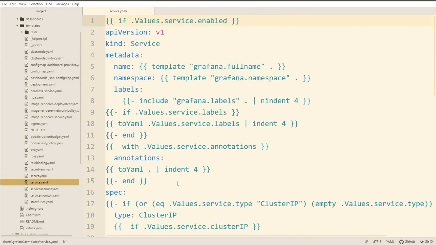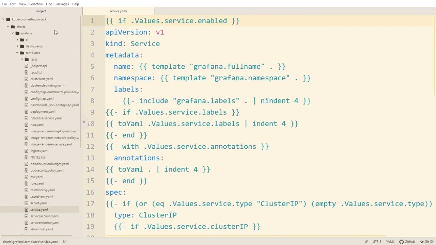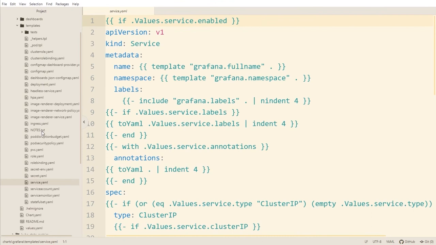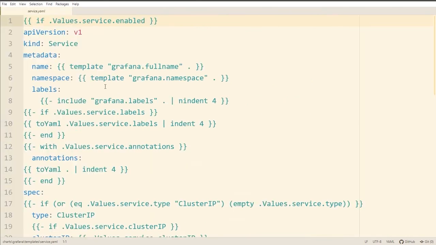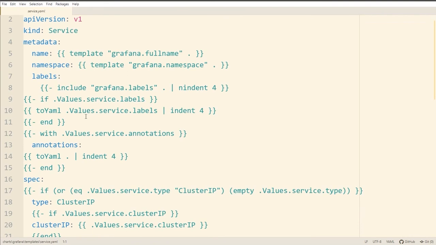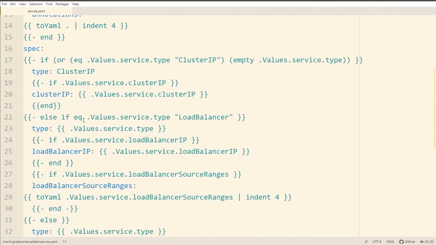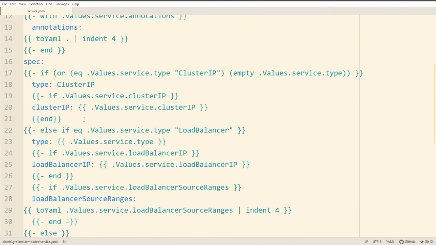Now, if you're working with a commercial chart and you're needing to override something and you don't know what that value name is, well, you should now have no fear because you can always download the source code for that chart using Helm pull, and you can find the corresponding template that they're using. In this case, it would be service.yaml. And you could now, let's expand this, you could now pick your way through this. I know it's not pretty, but there should be nothing in here to scare you.